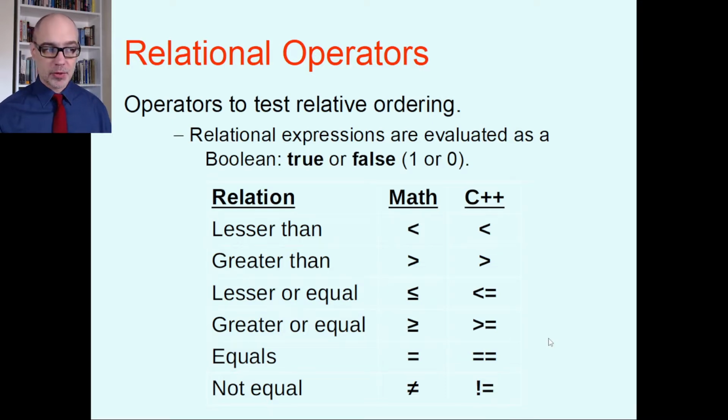And here are the 6 relational operators that exist in C++. There's less than, there's greater than, there's less than or equal to, there's greater than or equal to, there's is equal to, and there's also not equal to. So on this slide, you see the standard symbols that you would use in a math class to represent each of these relations. Now, not all of those symbols are on a keyboard, right? The less than or equal to symbol, the greater than or equal to symbol, the not equal symbol are not actually on the keyboard. So in those cases, we put 2 symbols together, which really counts as one operator